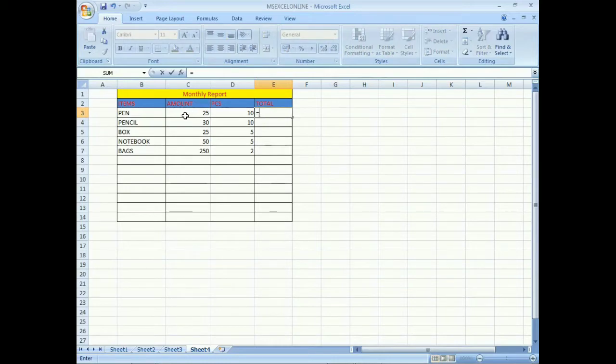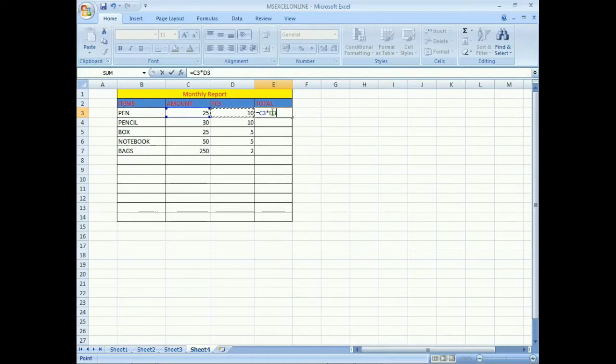So we'll click on that 25 rupees and press the multiplication symbol, and then the pieces amount. The first item we need is 10, there are 10 pieces, and the amount of one piece is 25. And now see the formula in the E3 cell.